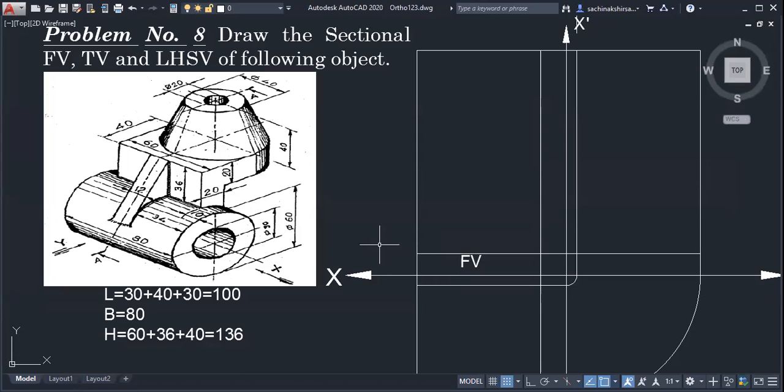So here, while selecting the origin, the origin should not come directly on the object. Why? Because once you draw a vertical line from the left and a horizontal line from the bottom, at a certain point the origin will come. So it should not be exactly below the center line of the cylinder. It should be at one corner.